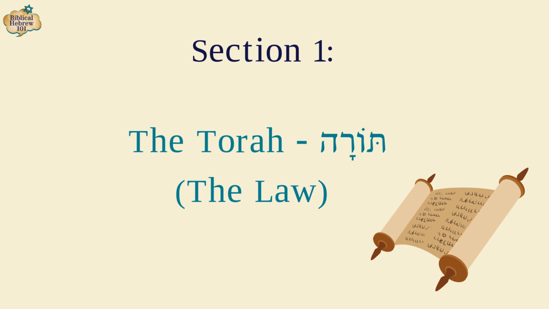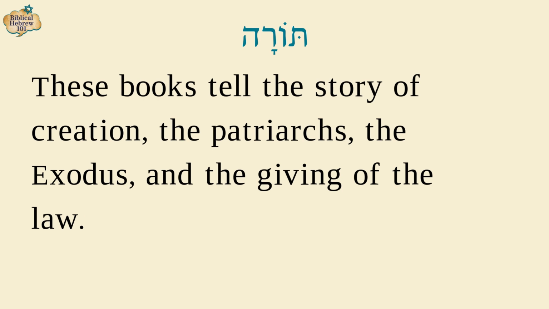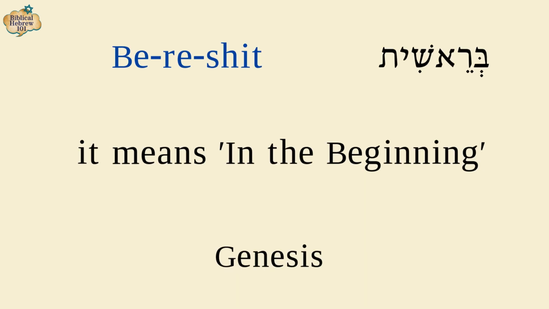The first section is the Torah. Torah, which means the law. The Torah is the foundation of the Hebrew Bible, and it contains 5 books, also known as Chamisha Chumshei Torah. These 5 books tell the story of the creation, the patriarchs, the Exodus, and the giving of the law. The name of the first book is Bereshit,